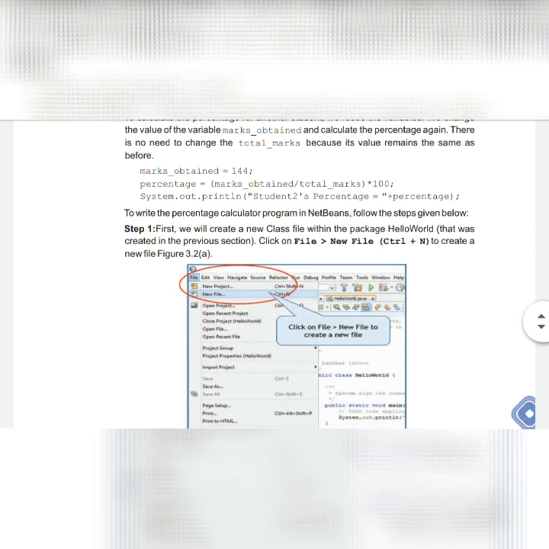So the plus operator within the System.out.println statement concatenates. Concatenate means it makes the things together. Okay. So it makes this string together. It concatenates the string given in double quotes and the value of the variable. Like you will get the output, student 1's percentage is equals to, and it will show the value here in the output window. Now that was all about how we use the variables.